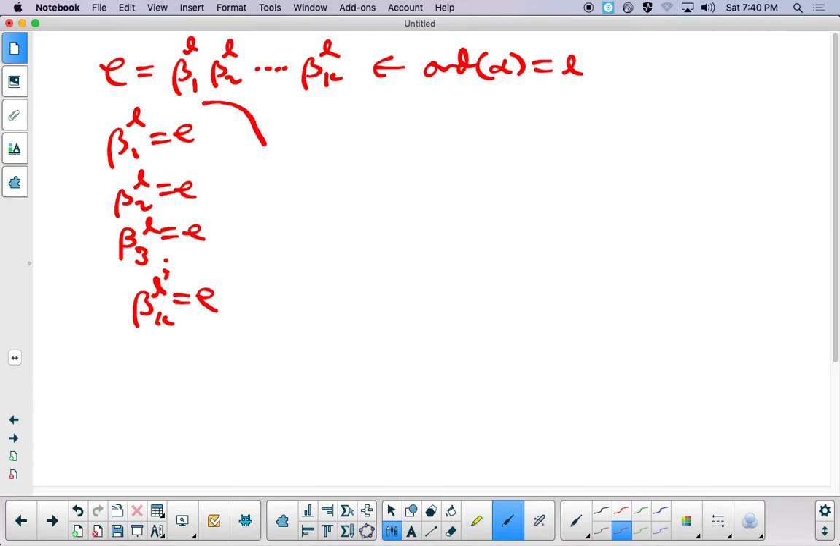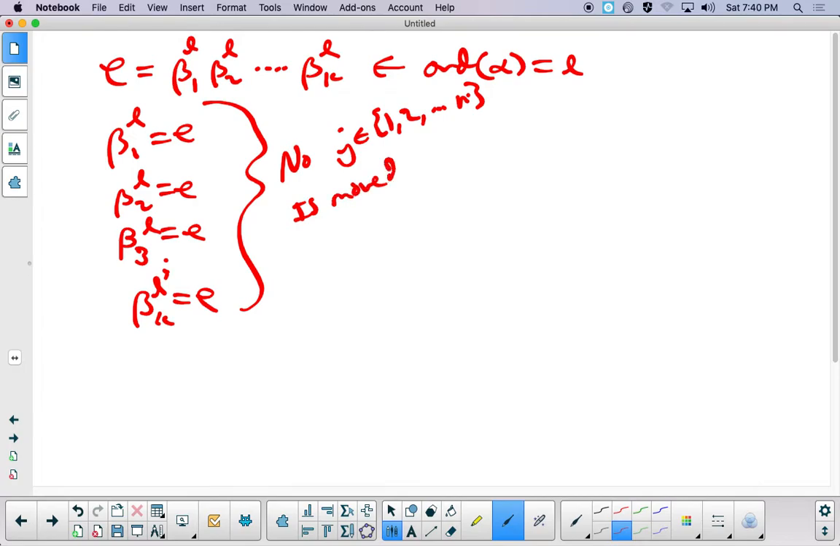And this is because no j inside the set 1, 2, all the way up to n is moved by more than one of the betas. Now, if I think about a single cycle,